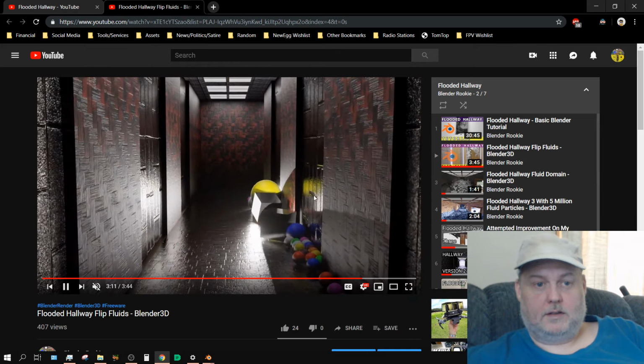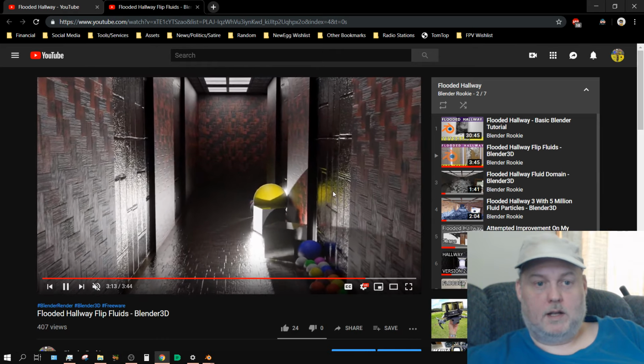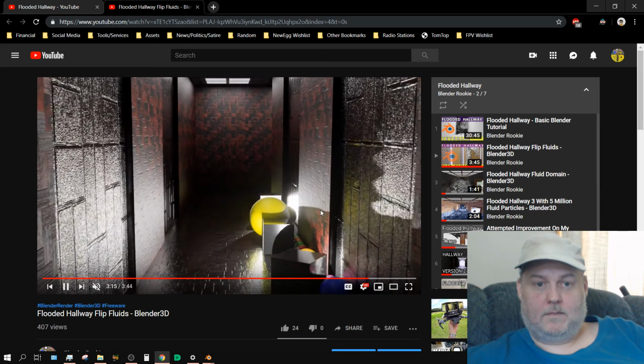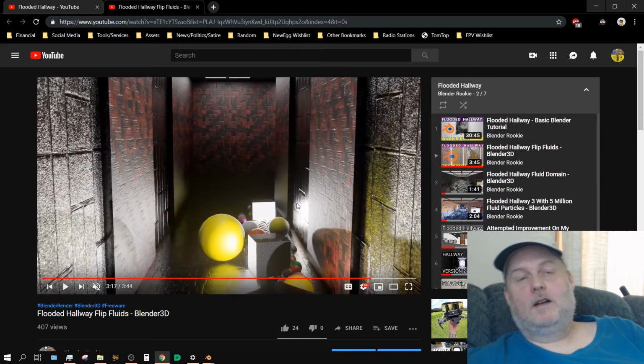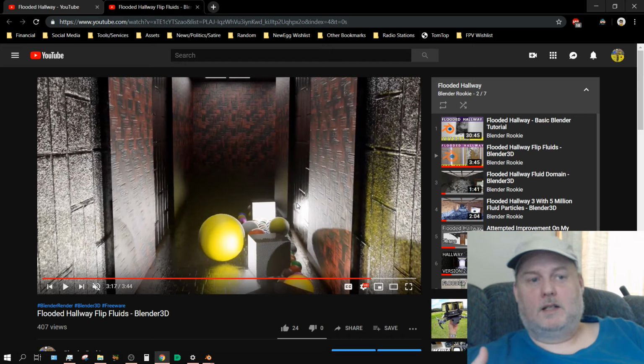It looks like the edge of a saw blade. That's because I didn't have the shadow settings quite right. I needed a higher resolution shadow map, or whatever it's called. I don't remember for sure what it's called because I'm that unfamiliar with Eevee. But anyway, that's my critiques, and I hope you enjoy